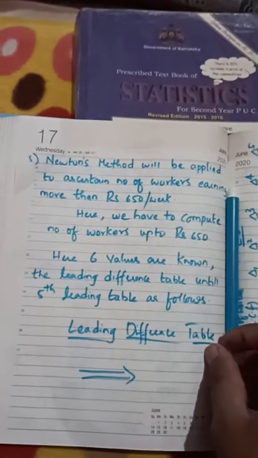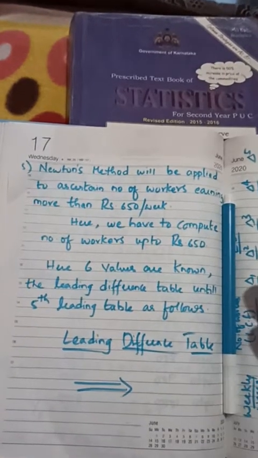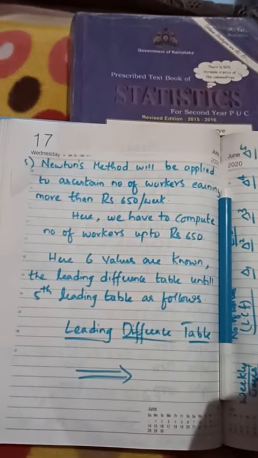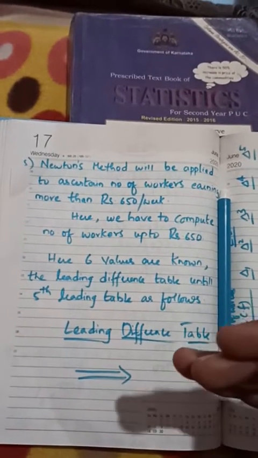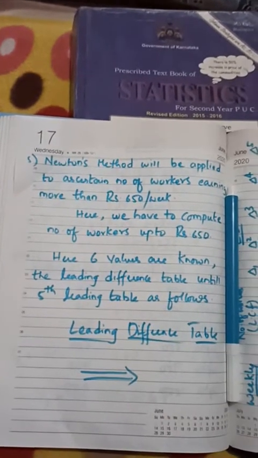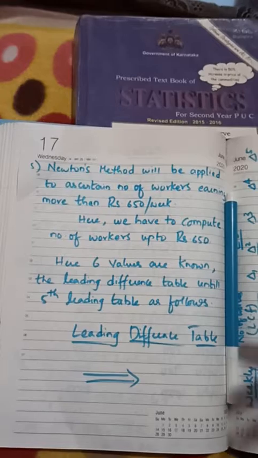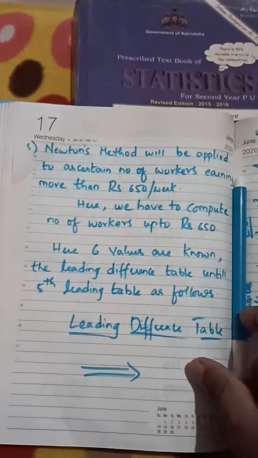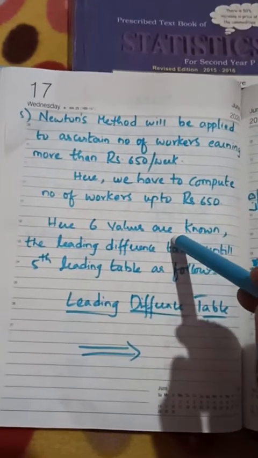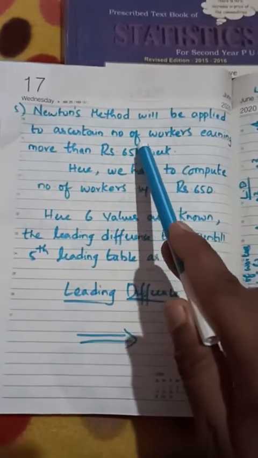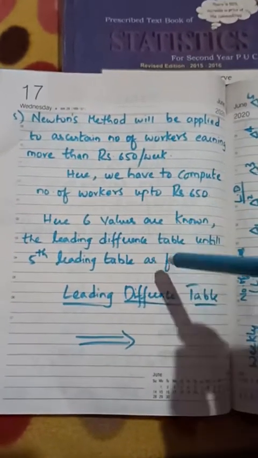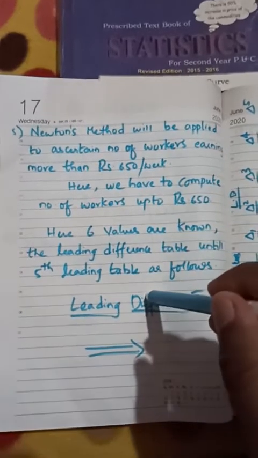More than 650 means up to where you should calculate. More than 650, even 7, 8, 9, 1000. So we have data up to 1000. Instead of calculating that, if you calculate up to 650 and remove it from the total, obviously only the more than 650 remains. Am I clear? So that is the concept I am going to use now. First, up to 650 we should calculate and then remove from the total. Obviously the answer would become more than 650.